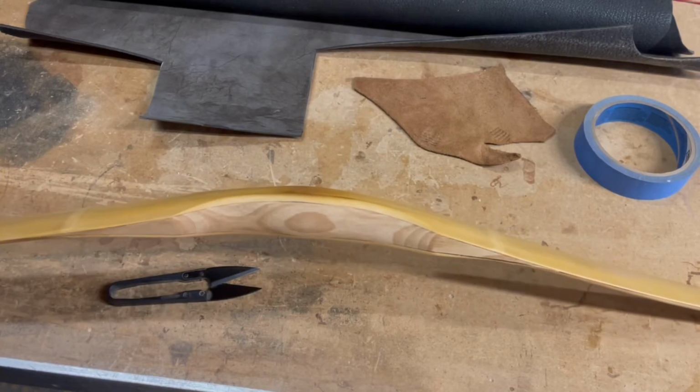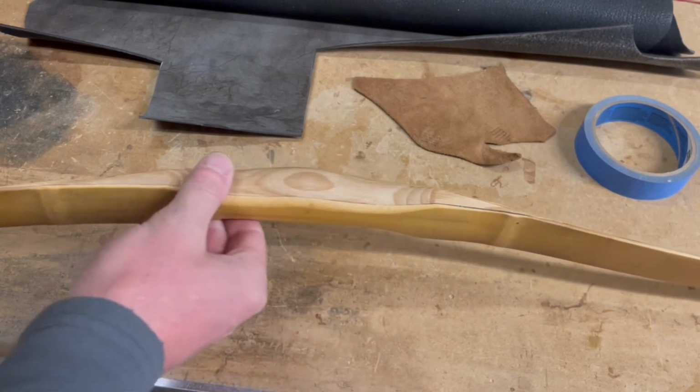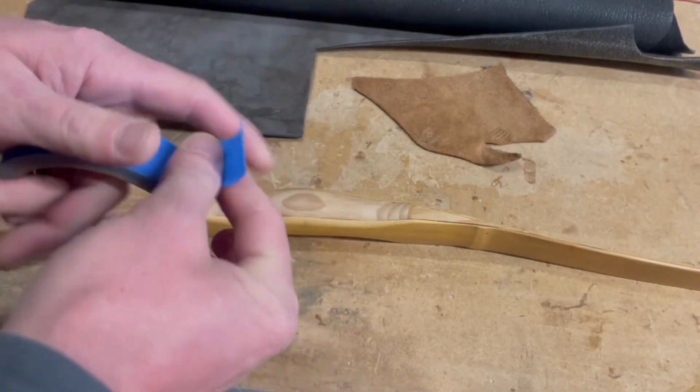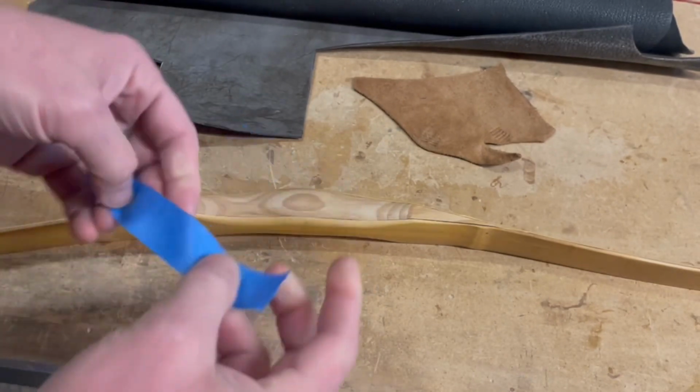Okay guys, so here's the bow that we are going to put our grip on. And right across the thickest part of this grip,